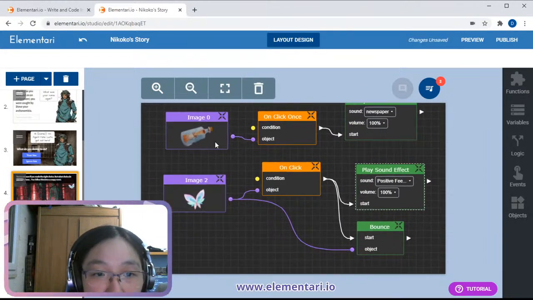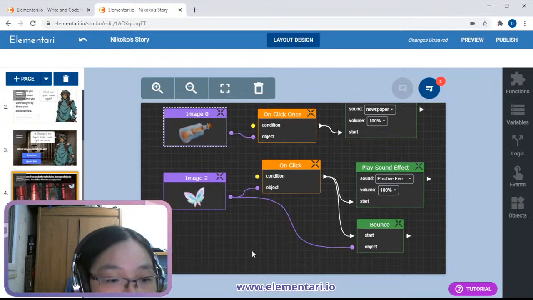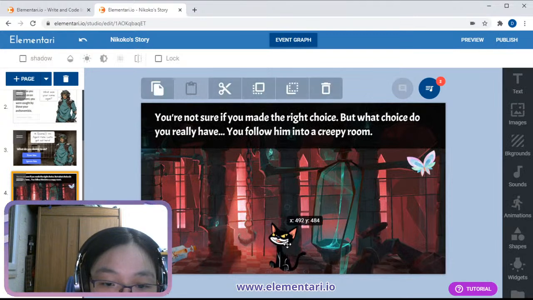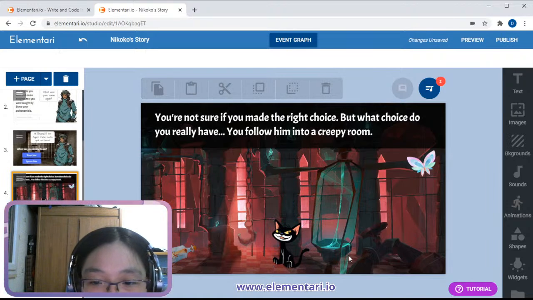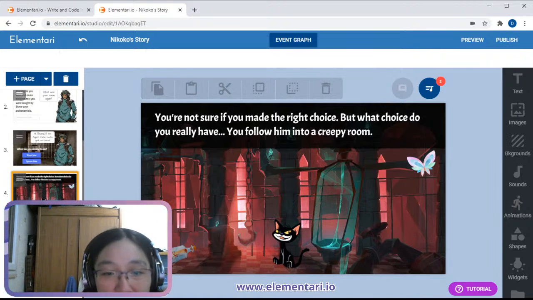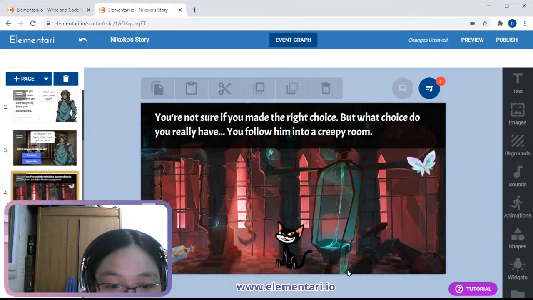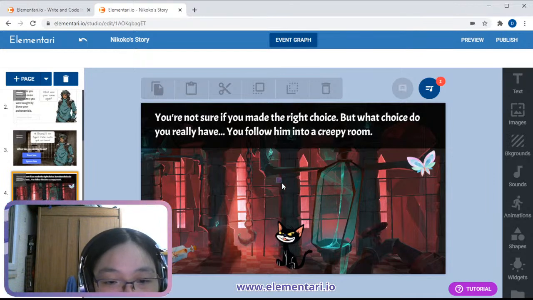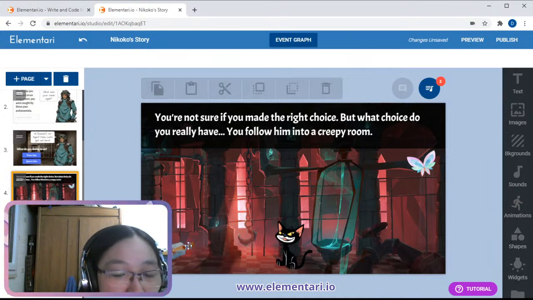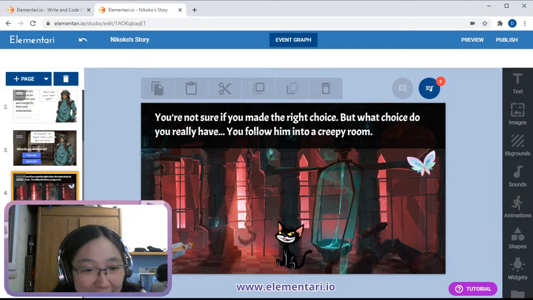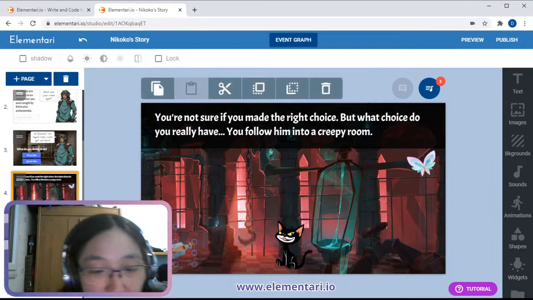So I now have some interactions on this page, and maybe, well, first of all, how do I go to the next page? Right now we don't have a button, we don't have anything directing us. So in the code, how do I direct it? Right now I don't have a button. So do I want a button? Do I want it to appear? Do I want to direct my page turn right after I play the recording?